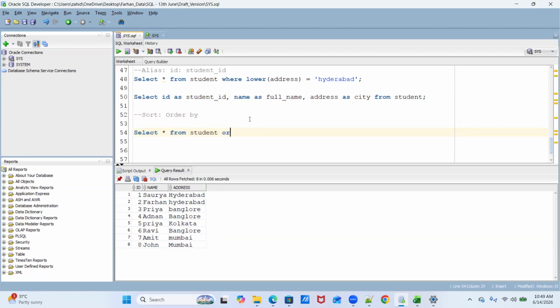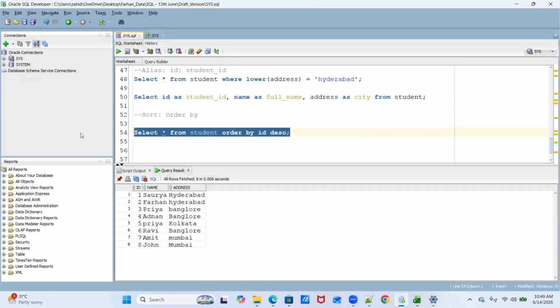So when you're writing order by, the engine will take a copy of this particular table in the temporary memory, and then it will say, okay, user wants to sort it, so he has intentionally put order by, but based on which column? So we have three columns. We can either use ID, name, or address. So let's say now I want to sort based on ID descending.